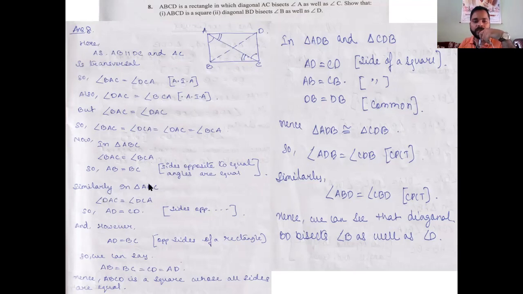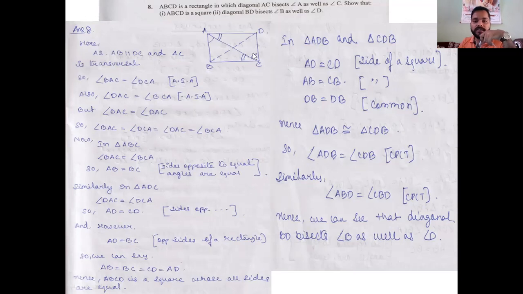Similarly, in triangle ADC, from these four angles, again I will pick up those two triangles. DAC is equal to DCA, which means these two sides are also equal, that is, AD is equal to CD. See here, what we proved is the adjacent sides are equal. These two adjacent sides and these two adjacent sides. But if you see the question, it is told ABCD is a rectangle, which means opposite sides are also equal. If you combine all this together, what you get? All the sides are equal to one another. So see here it is written. So we can say AB, BC, CD and AD all are equal to one another. Hence ABCD is a square.